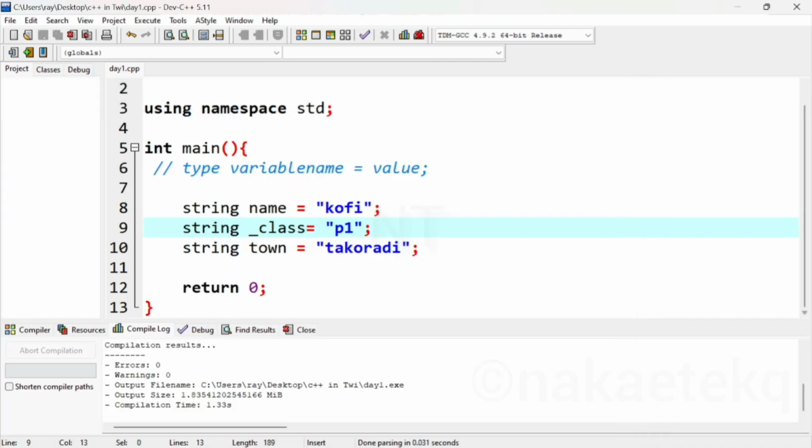So compile is done. Alright. You have one error. Class, you cannot use class because it's a reserved word, as a variable name. All these variables are declaring